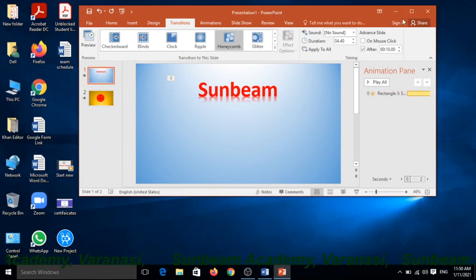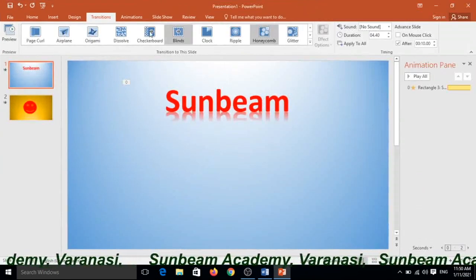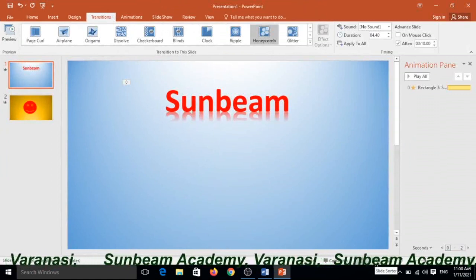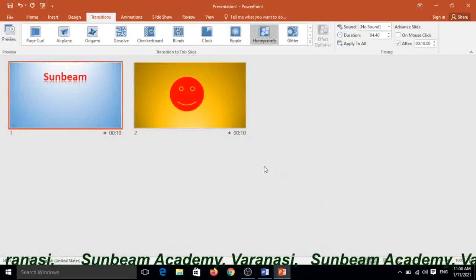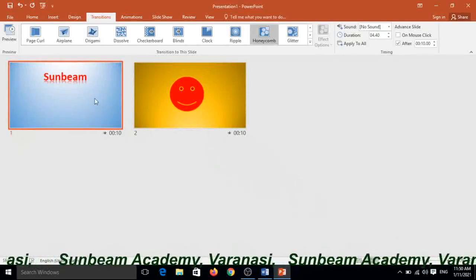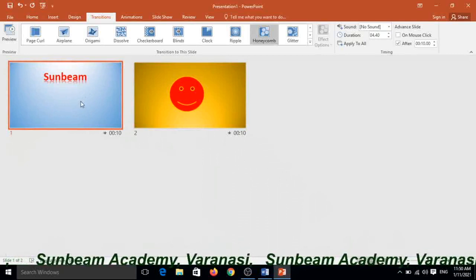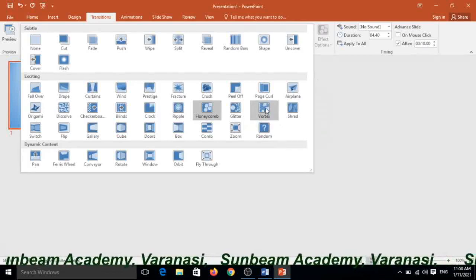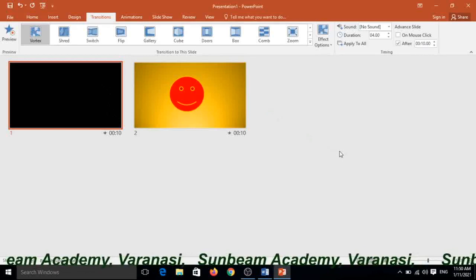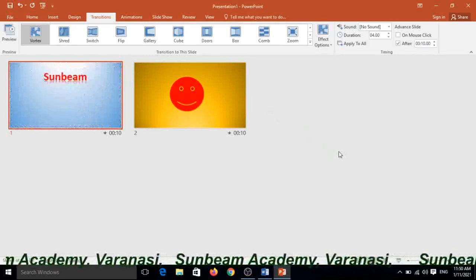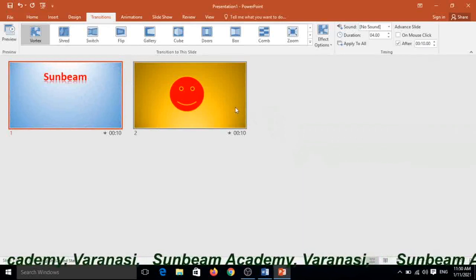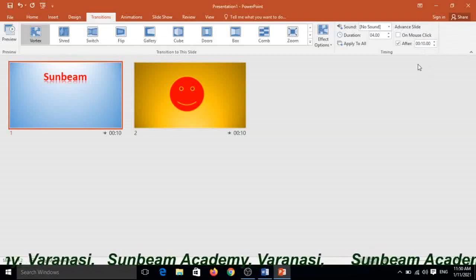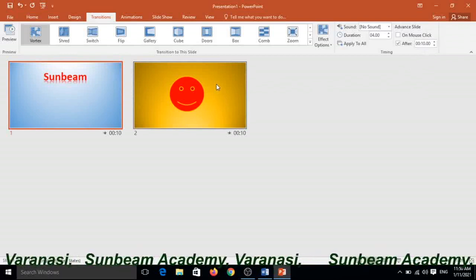Once again, I want to change the effects. See, once again click on the transition, and first your view should be on slide sorter view to give the effect easily. Select your slide to give the transition effect and click on more here. This time I want to choose vertex. Yes, and the timing is already given. It depends on you. If you want less time or more time, you can increase or decrease.